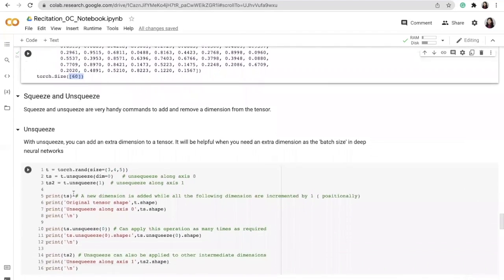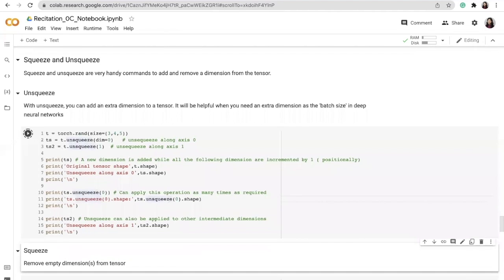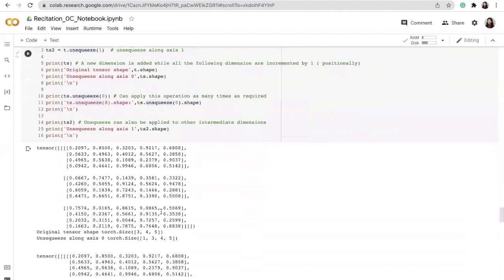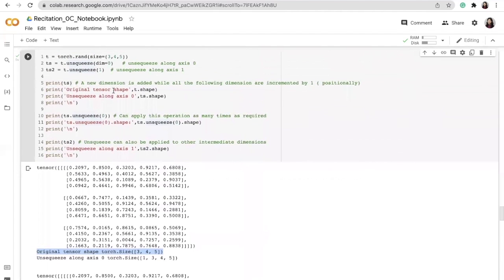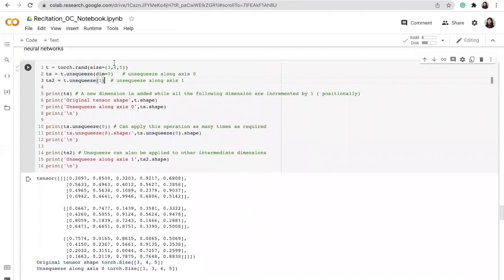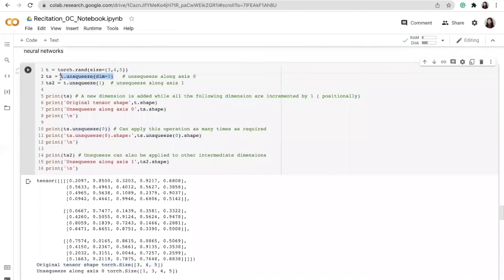Another set of functions is squeeze and unsqueeze. These are very handy when you go into your homeworks. They are used to add or remove a dimension from a tensor. So let's see what that means. Again, we use our good old 3 cross 4 cross 5 tensor. Now, if I call the unsqueeze function, which is t dot unsqueeze dimension 0, we are trying to unsqueeze our tensor along axis 0.